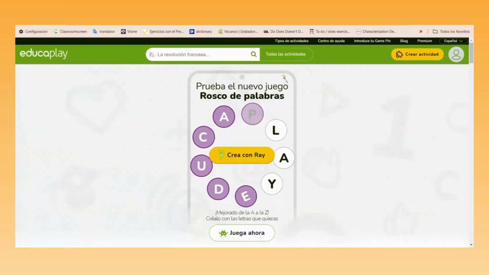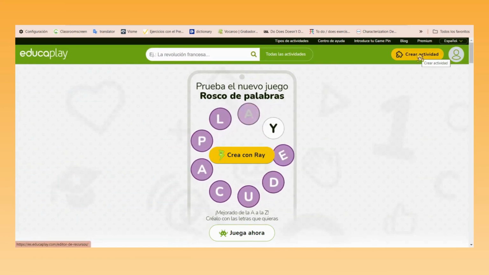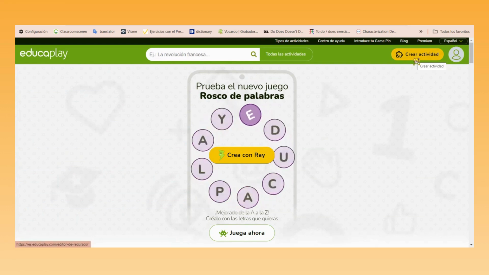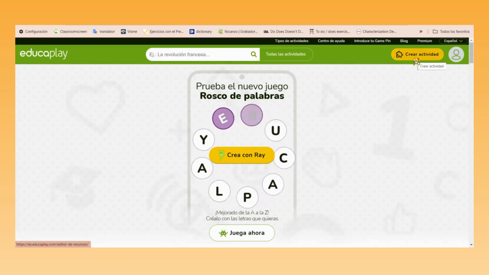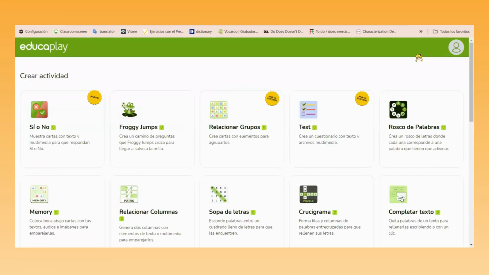We are going to be using this example from here without any profile. But once you have your email account, you can create your own profile here in Educaplay. Let's go for create an activity. And this is something amazing from this resource because you can choose from yes or no questions,